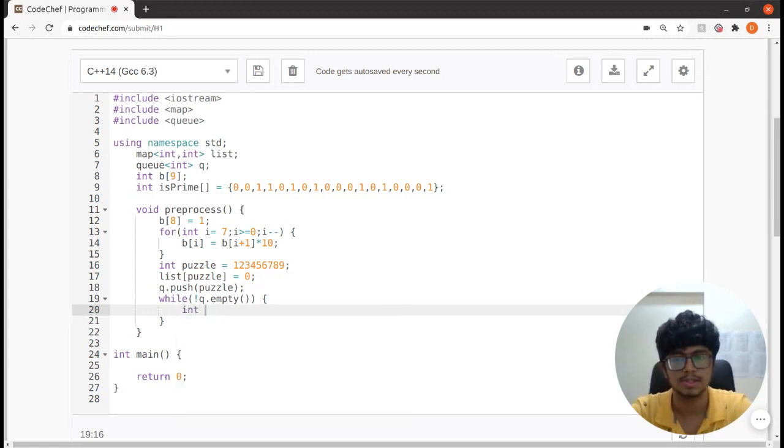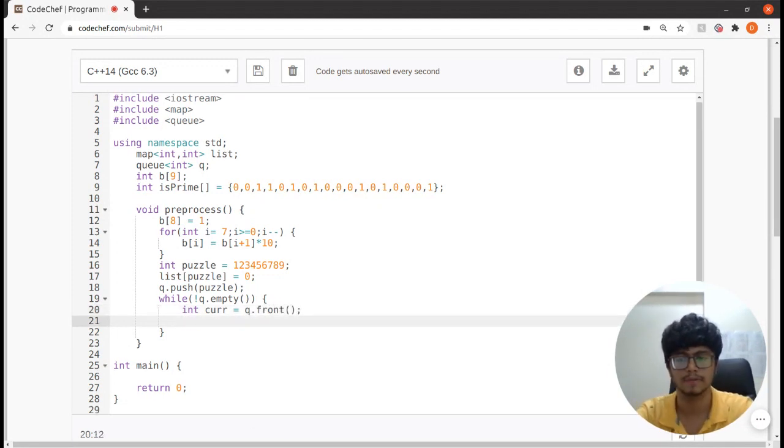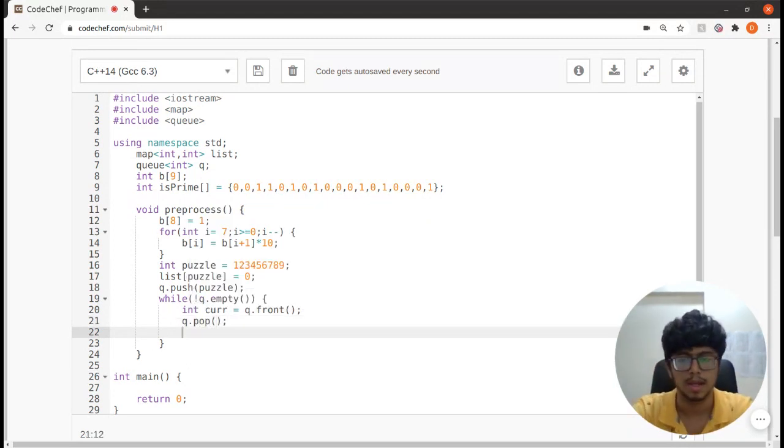What I will do is say int current equals queue dot front, and this essentially will give me the reference to the first element of the queue. Then I'll say previous distance equals list of current.